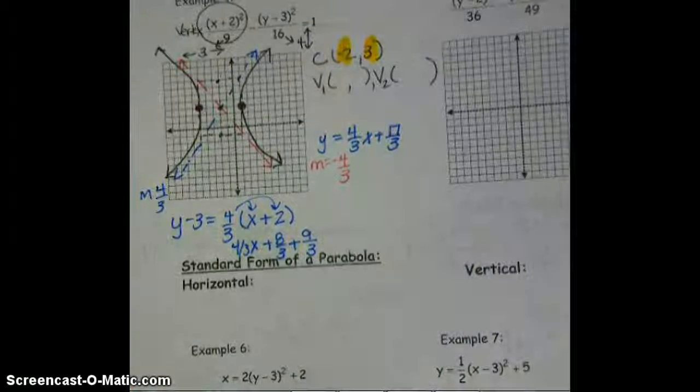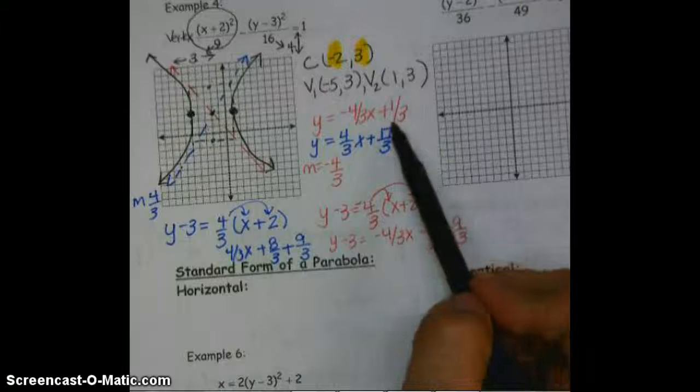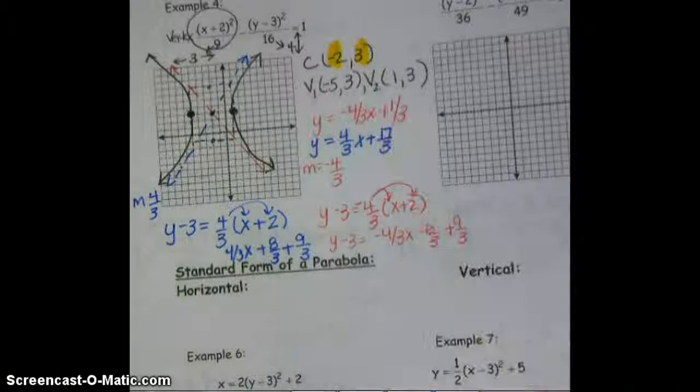Okay, we're going to do the same thing on my negative slope. All right, so check out your work. Check out that your final equation looks like that, and those are the vertices that we